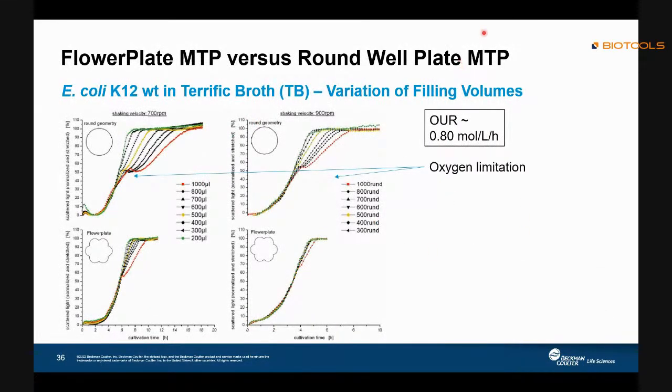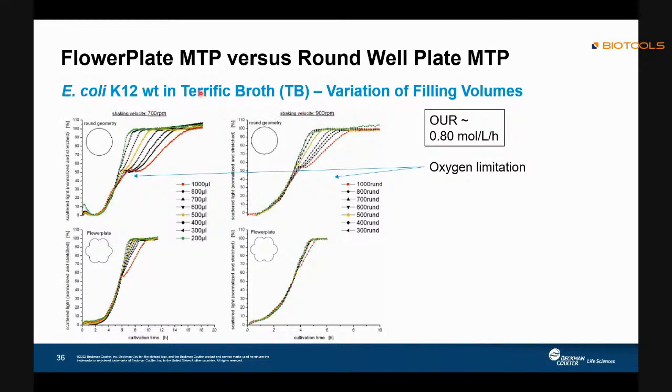We can also help you with different types of well plates. Besides the normal one, which is a circle well, we can also introduce another plate. It's called the flower plate, and this is quite an interesting thing, and we can see it from the